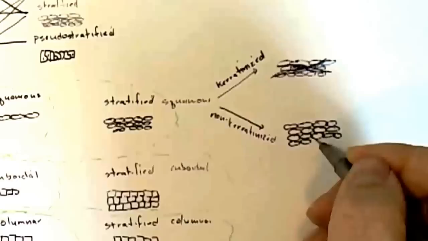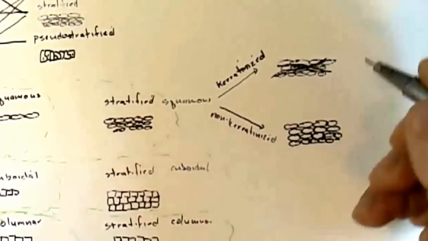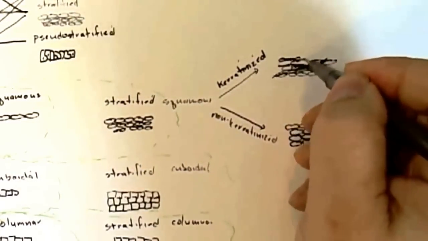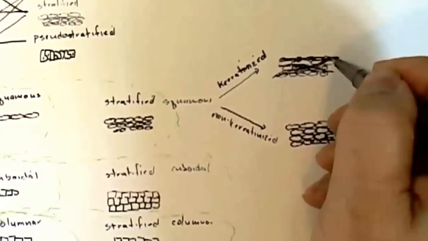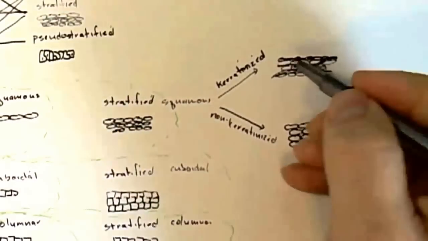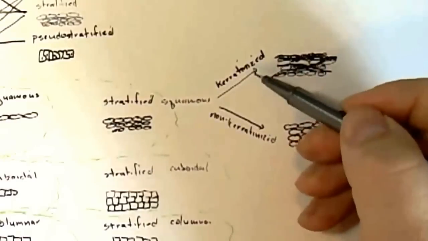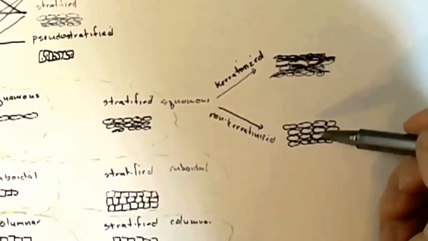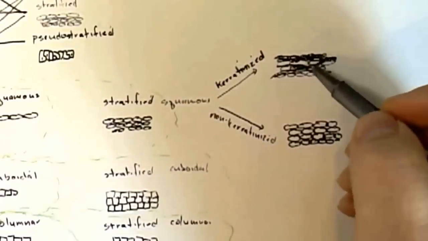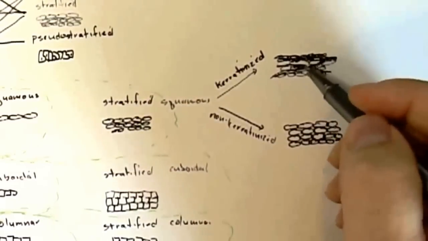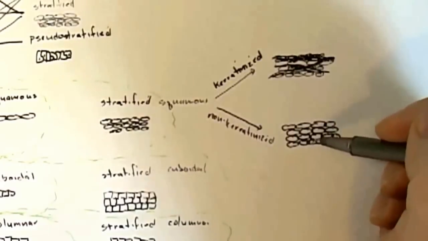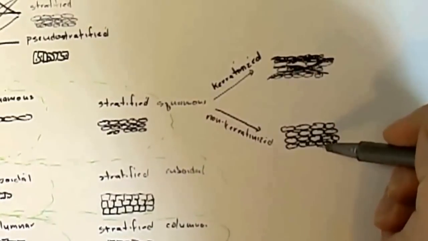line hollow organs like esophagus, and so they don't tend to dry out as much as our other example here, which is keratinized. Keratinized get very flat because they're external surfaces like your skin, so the cells dry out, which flattens them up a little bit, and that can help you identify keratinized versus non-keratinized. The stratified squamous and keratinized are very flat and very stacked together, and in fact the outer tissue is dead. And non-keratinized, this is going to be like esophagus, and they tend to be a little bit thicker of a